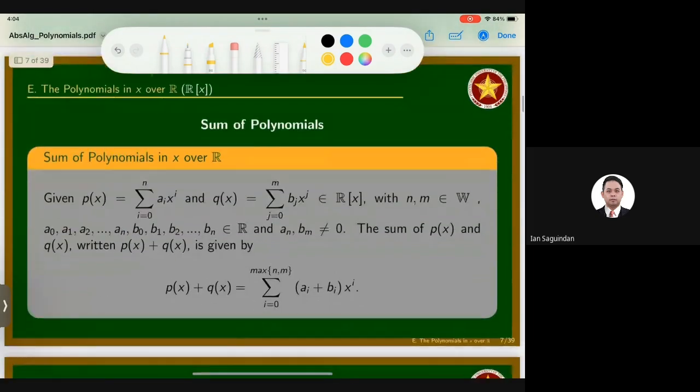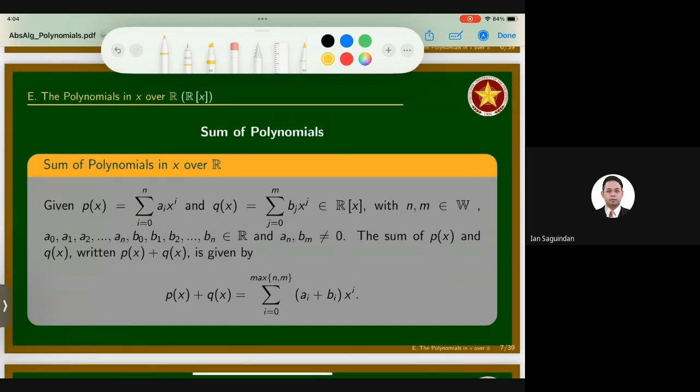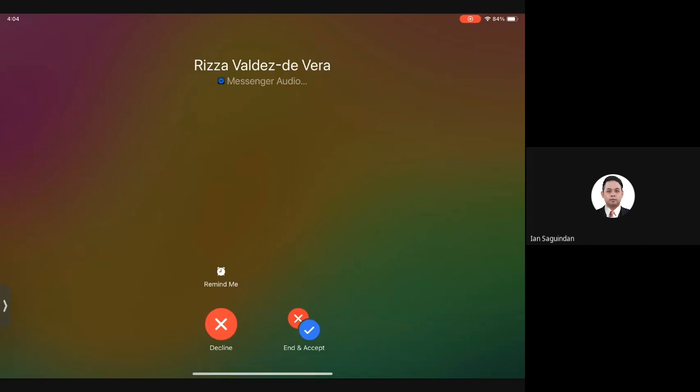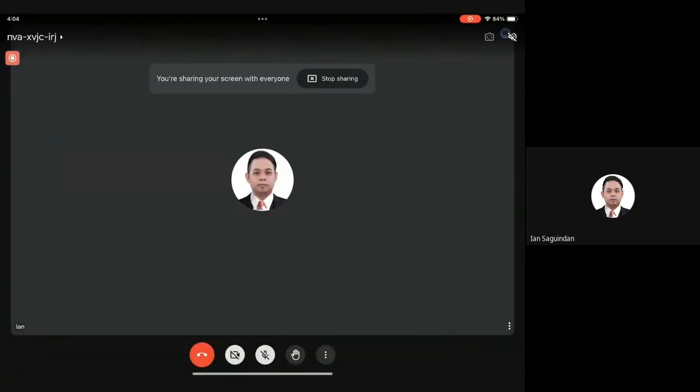Okay, then we have this operation, the sum of polynomials or the addition of polynomials. Given two polynomials p, kindly imagine that this is the summation of all a sub i, x to the i, running from 0 up to n, and the polynomial q of x, the summation of all b sub j, x to the j, running from 0 up to m. Take note, m and n may be different. m and n may be equal. We do not know for sure. We're not sure for this given instance, so we're just going to declare it in the general sense.